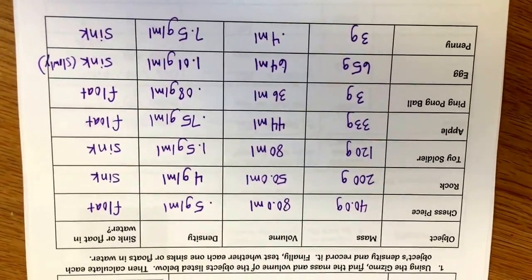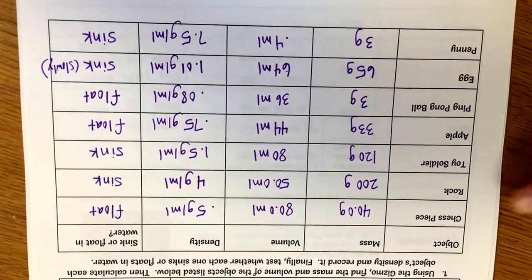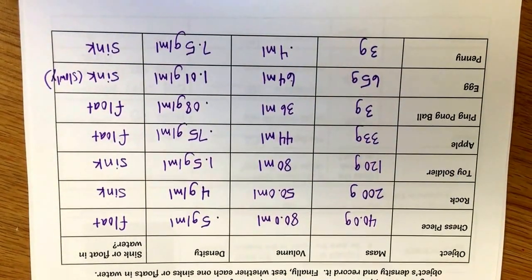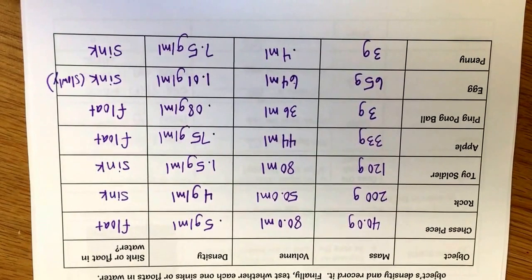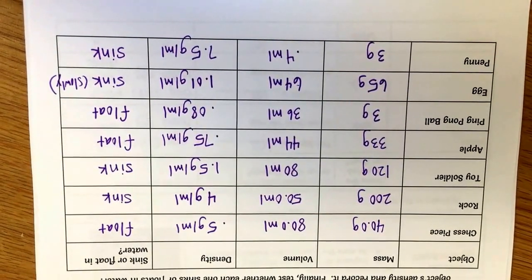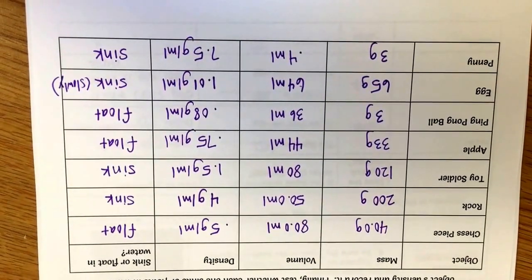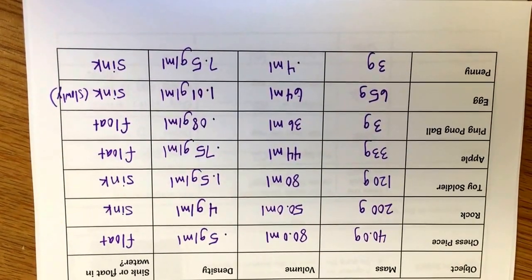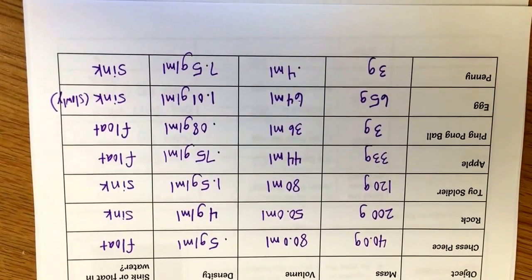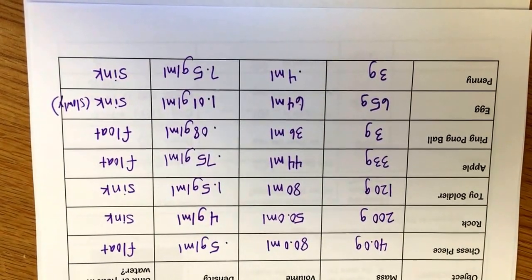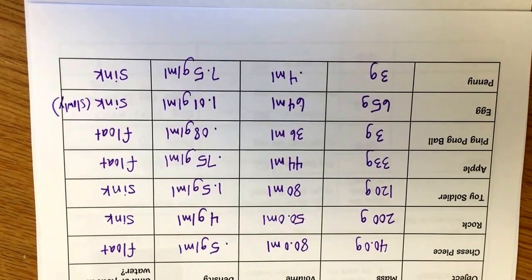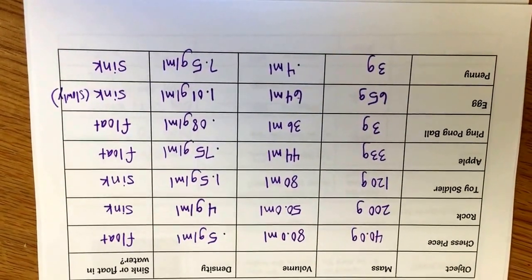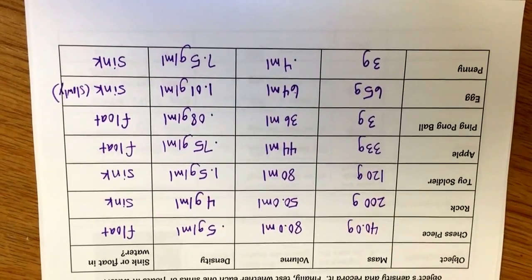All right, so the gizmo. Here are your answers. I'm going to go down the density. So for chess piece, 0.5, rock, 4, toy soldier, 1.5, apple, 0.75, ping pong ball, 0.08, egg, 1.01, and penny, 7.5. Noticing that anything less than 1 will float in the water, and anything more than 1 is sinking